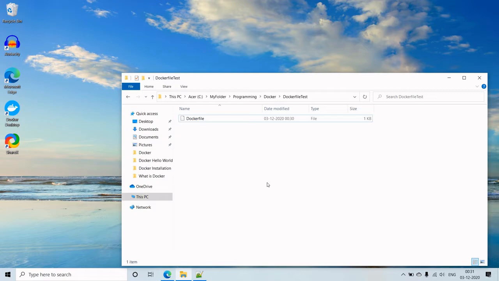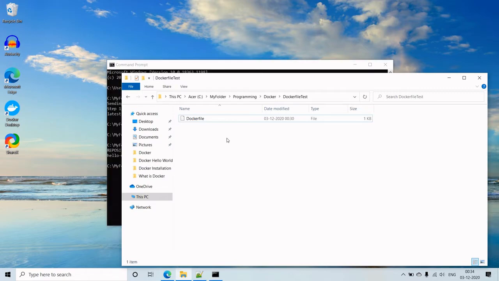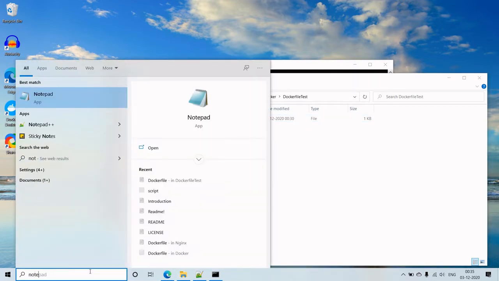Now we are done with the Dockerfile, right? The next task is to create a simple HTML file which we will copy over to the container. So let me open up Notepad.